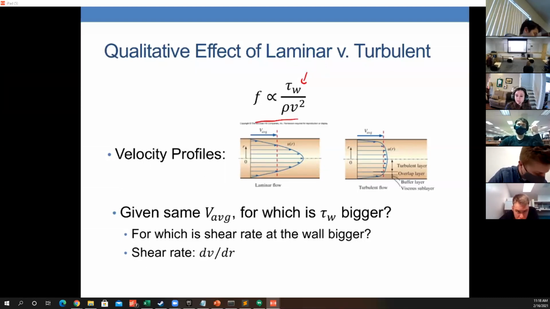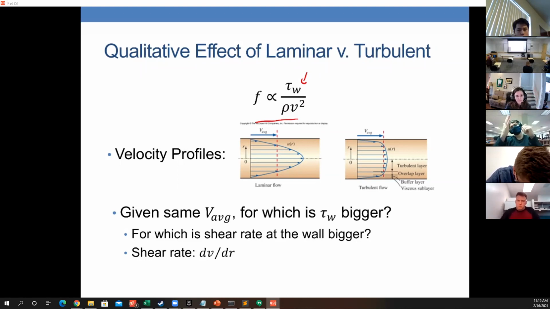Yes? What is that symbol to the right of the F? That is a proportional to symbol. Yeah, F is proportional to, and I say that because remember there's a number in there. I believe it's 8 for the Darcy friction factor, but doesn't matter. Proportional to. Okay, so